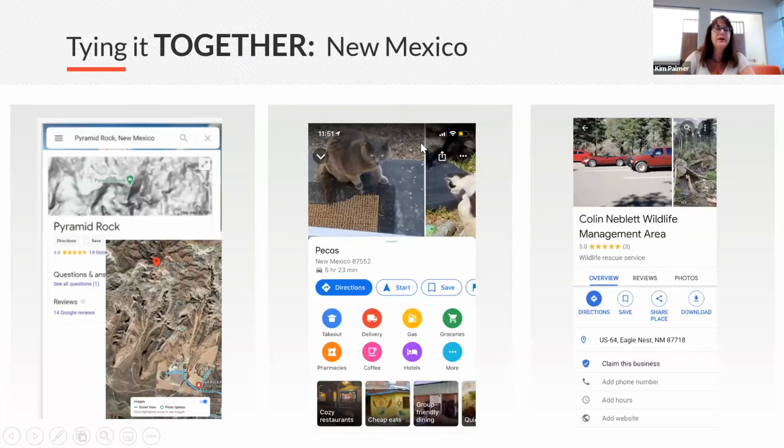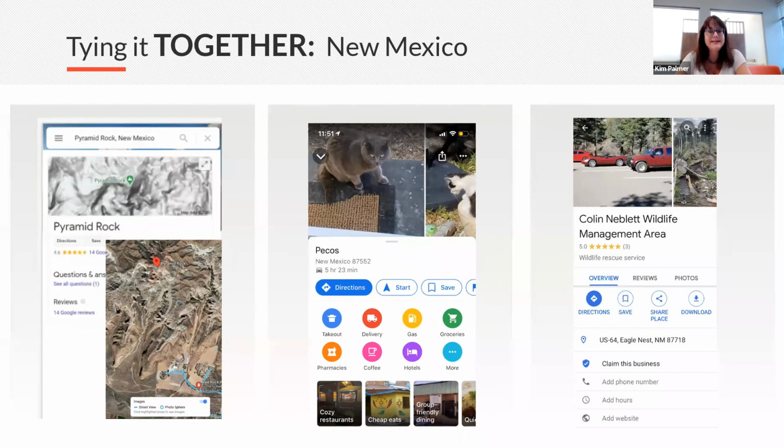So to tie it all together, I'd like to talk a little bit about the state of New Mexico and New Mexico's Digital Readiness Program. The New Mexico Tourism Department worked with 32 DMOs around the state, and then ultimately with the state parks, Bureau of Land Management, National Forests, and other outdoor areas in the community. Now, in the initial evaluation, we could see that there was a lot of room for improvement. We had beautiful outdoor areas that had no street view, either no trails existing in those areas or things that hadn't been updated in 5 to 10 years.